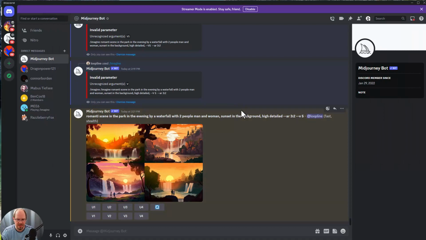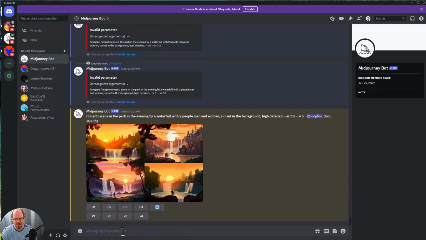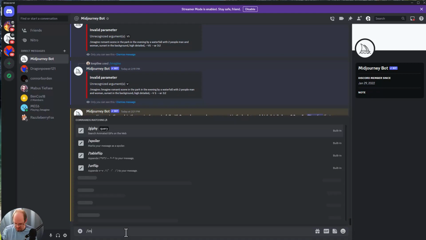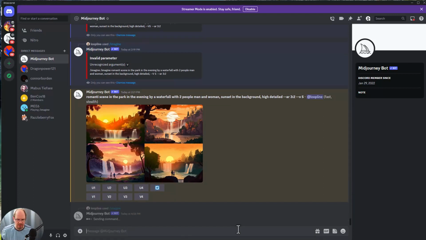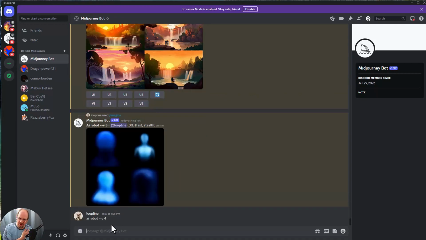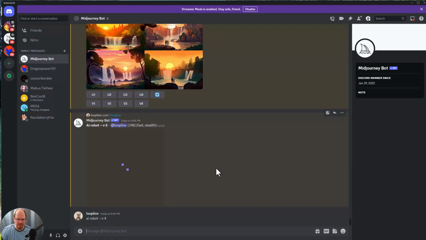So if we want to do that, we can come over here and I'm just going to grab one like this. Let's do a simple one here. I'm going to do AI robot. This is using version 5, I have it defaulted to version 5. But in fact, we'll see the difference, I'm going to do AI robot with version 4, because sometimes I get better stuff out of version 4 with the robots. Version 5 is slower at generating, it just is. And I have it on fast mode here, but it's slower at generating than version 4 is.